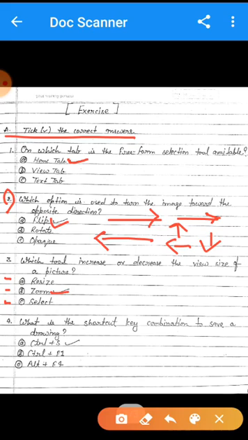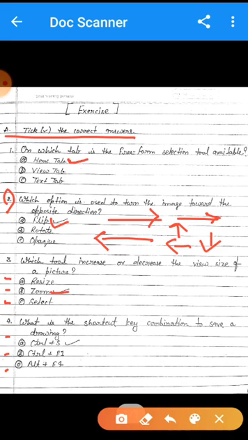Now, question number 4 is: what is the shortcut key combination to save a document? Here you can see three options. Option A is Control plus S, option B is Control plus F1, and option C is Alt plus F4.